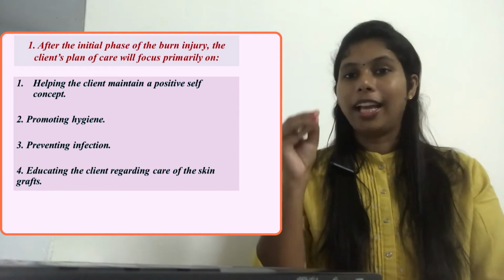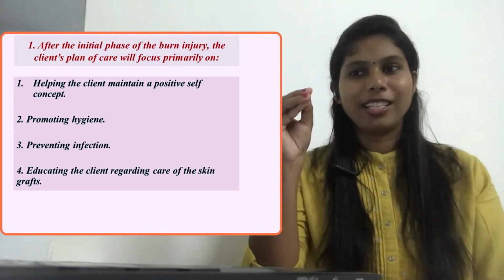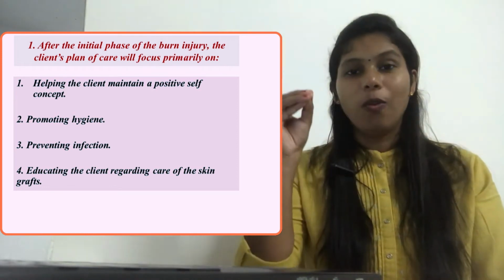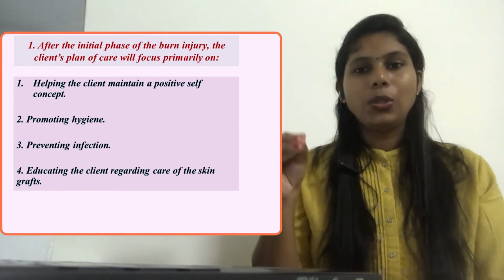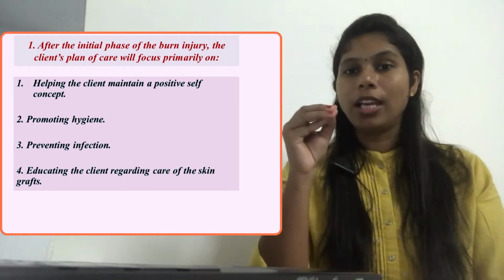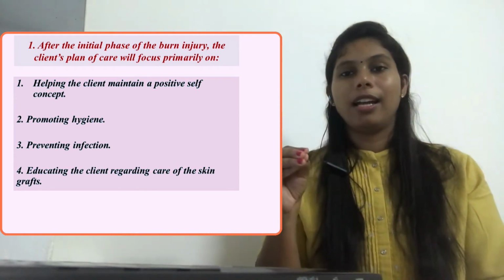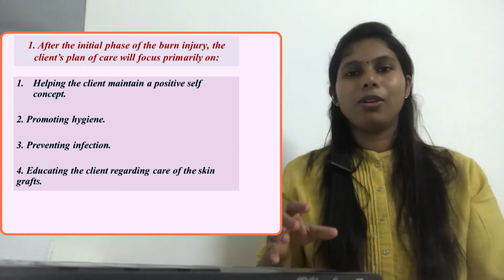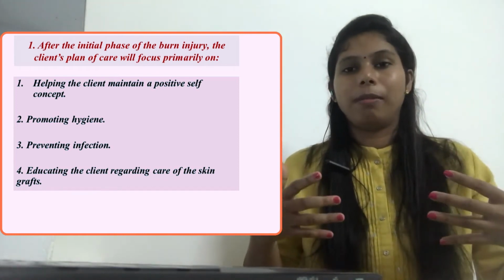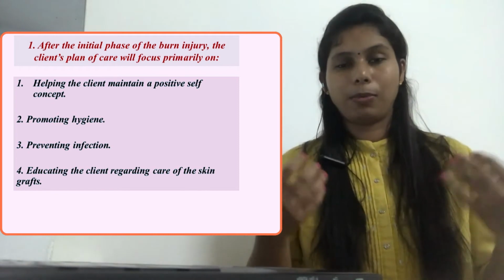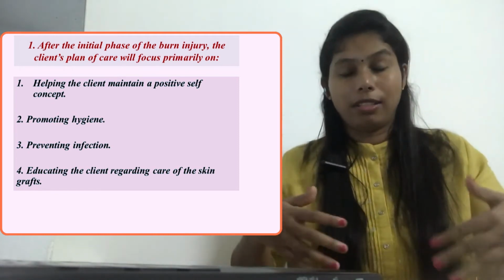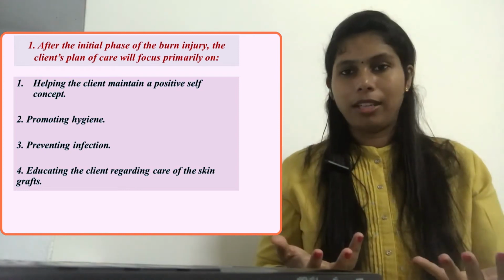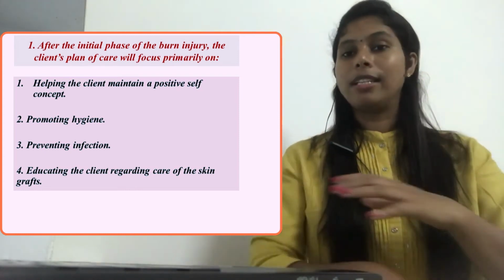intervention. That is, what is preventing infection? Yes, that is our answer. Why? Because usually the infection or the inflammation will start once the burn is sustained. Because once a patient is exposed to burns, the total body system gets impaired, and we know that skin is